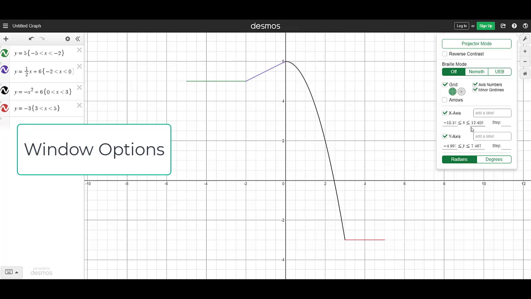So you can mess with the X and Y axis down here. You actually can change it so that it's a polar graph if you want to. You can put arrows if that's something that floats your boat. You can change whether it's in radians or degrees. You can change the step size. All of these are great for if you're trying to zoom in or zoom out, just like on the TI